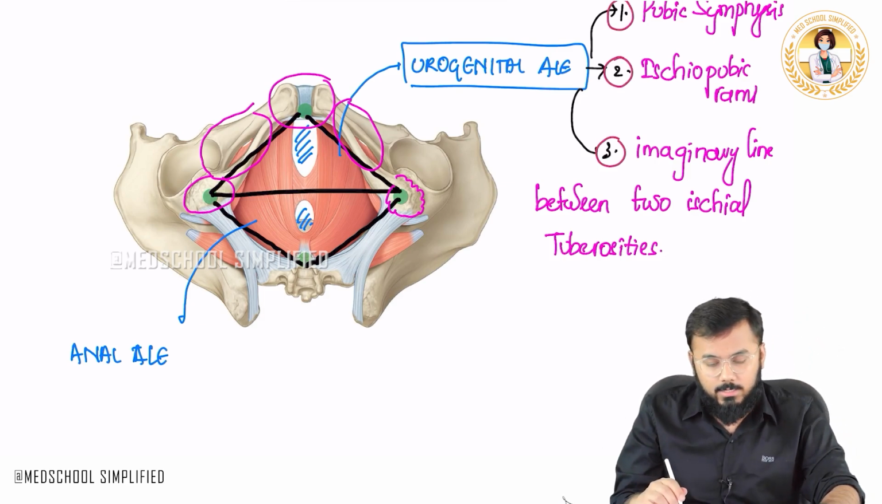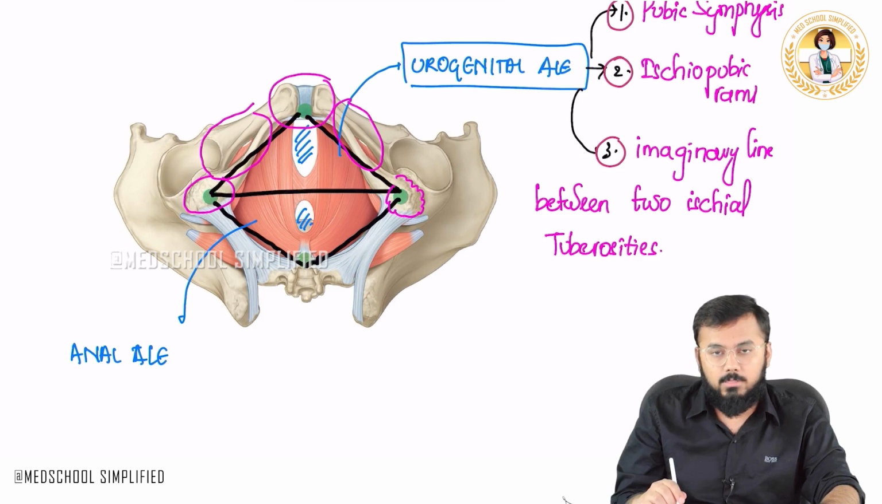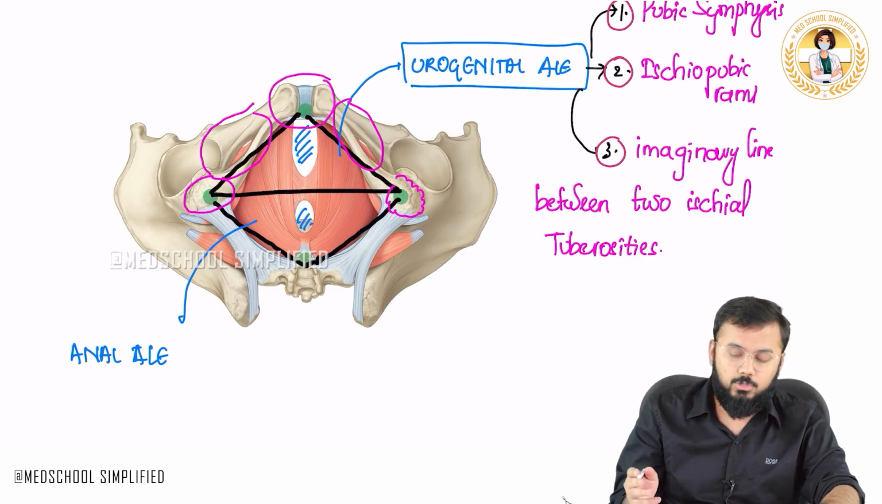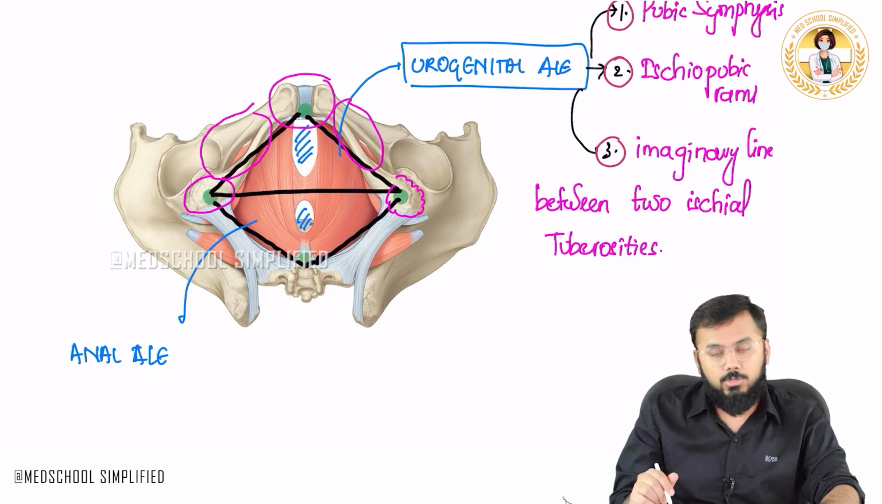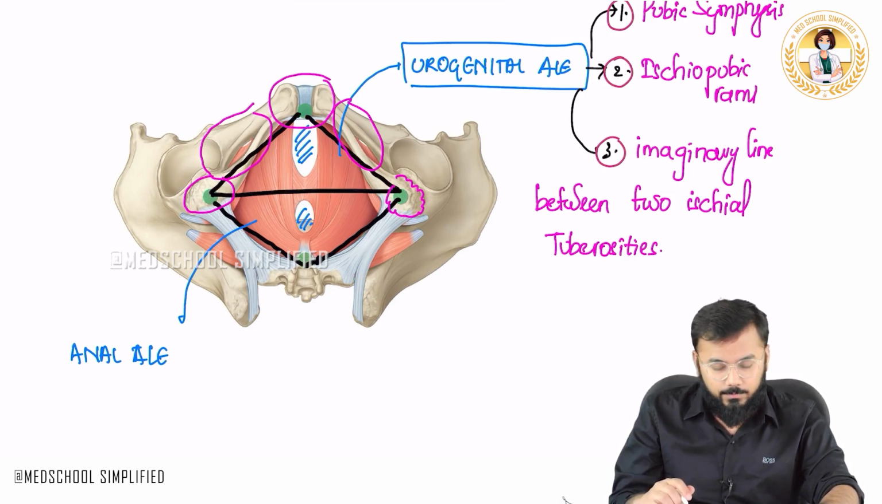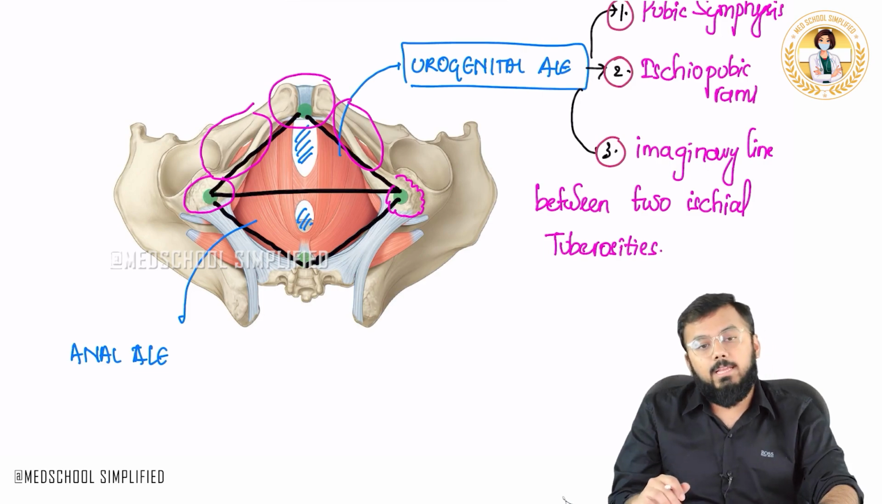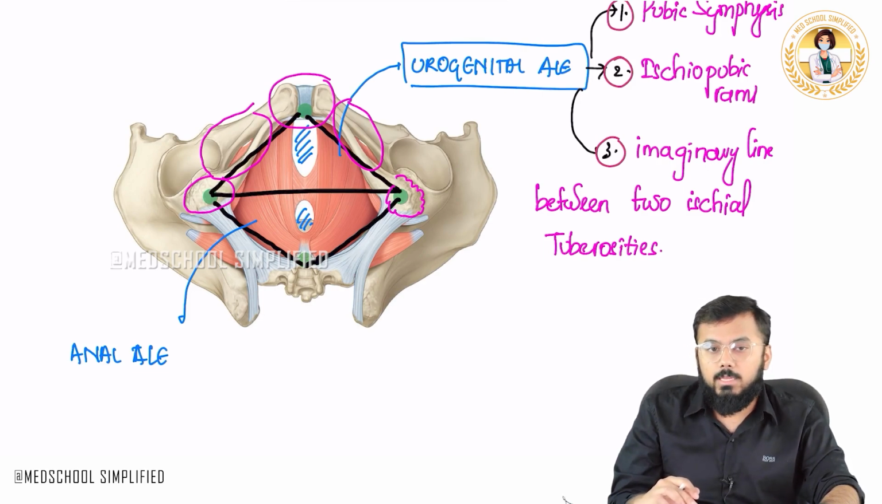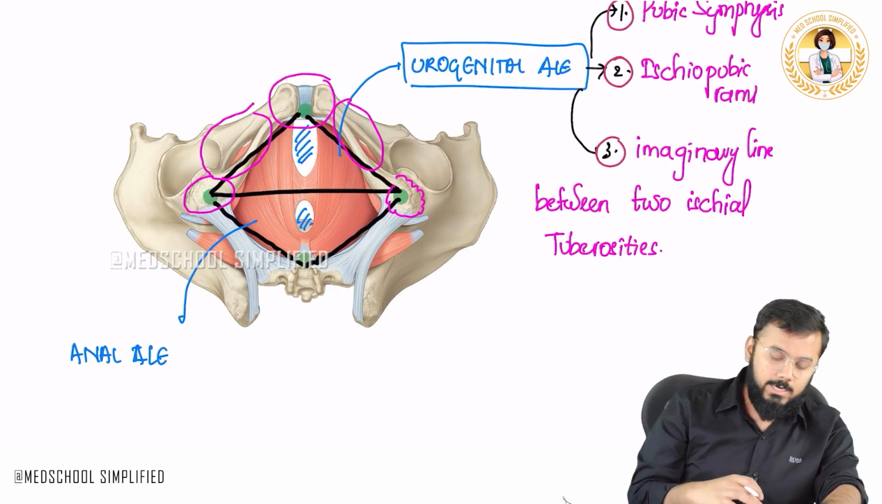So there are three important things. One is your pubic symphysis, another is your ischiopubic rami, and third is the imaginary line that is drawn between your two ischial tuberosities. Okay, right. Now the next important thing I want to discuss is that within this urogenital triangle,